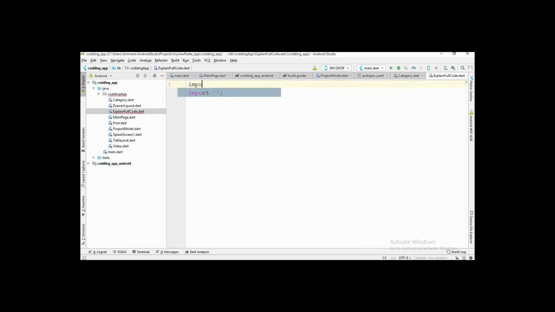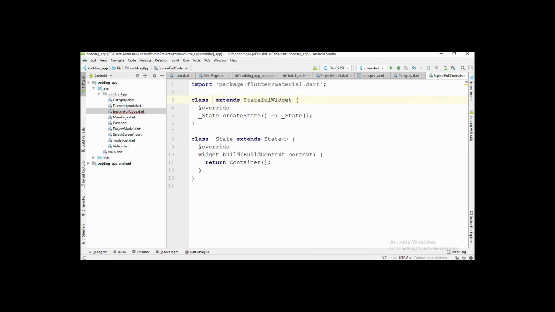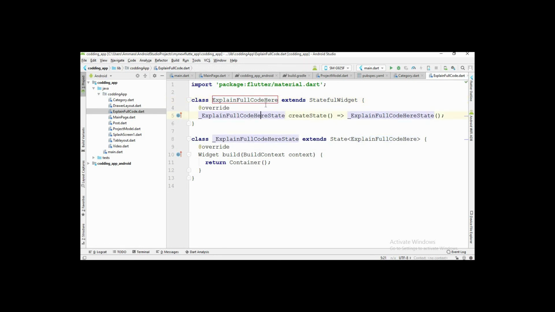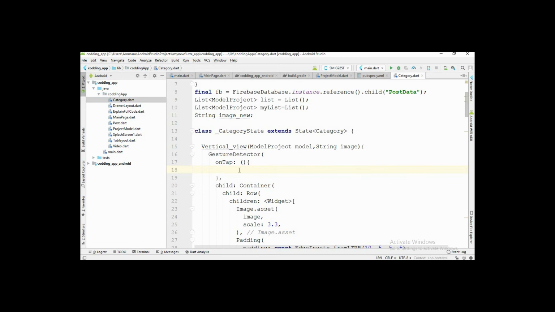Okay, and now I am going to import material here. So I write the name ExplainFullCode here. Okay, and after that I am going to call this class from here.